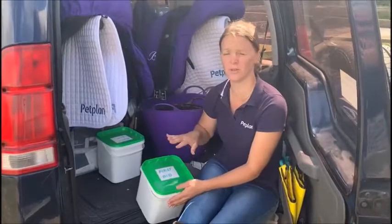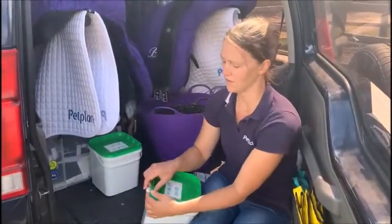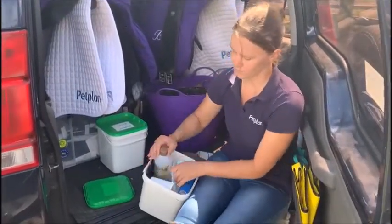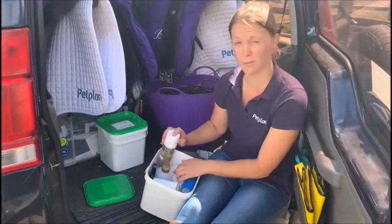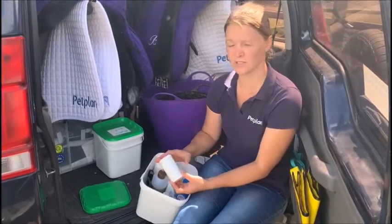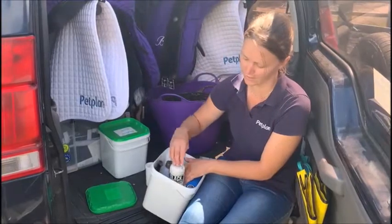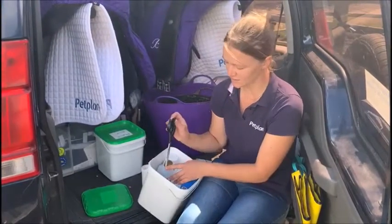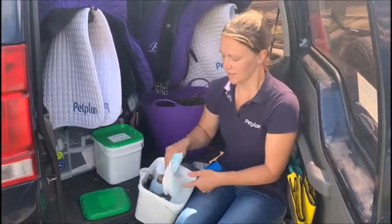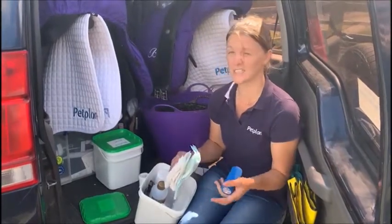I also find it really important to carry a first aid kit for the horse. So in here, get it open, we've just got some real basics. I've got Hibiscrub and purple spray. I've also got a little bit of Sudocrem, but do check your rules because it's not allowed in some competition rules. I've got some wound powder, a good pair of scissors in case you need to cut anything up, a couple of vet wraps. It's a bit odd, but we do take nappies with us, because if you get quite a decent cut that bleeds quite a